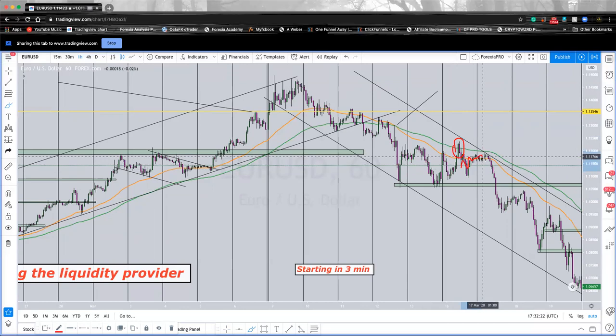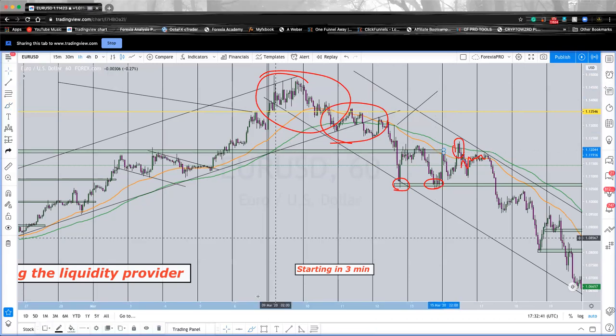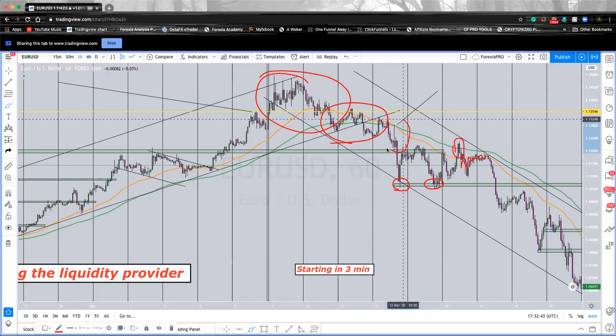consolidating below this. Now notice that this is a zone being created by market makers. You already know buyers are trapped here and here. And if I extend this, you damn right, they're trapped here too. So they keep getting buy signals, inducement, green candles, everything market makers have, they're showing it to them. 3 different types of uptrend you can draw in this area.